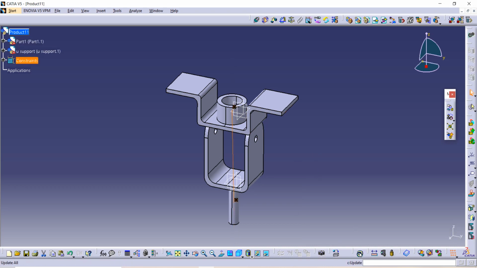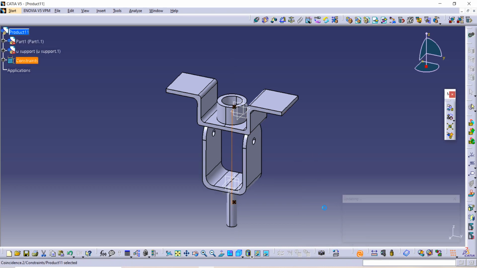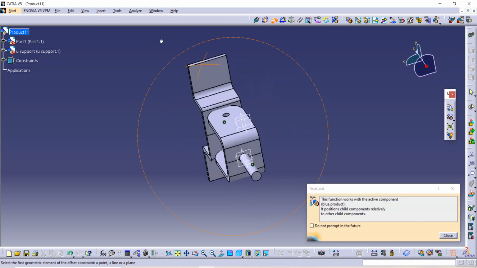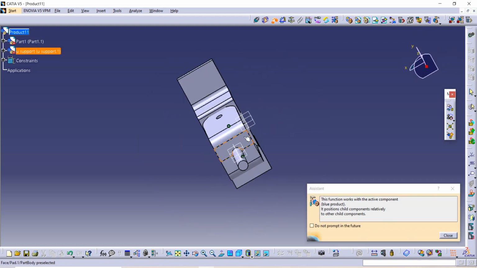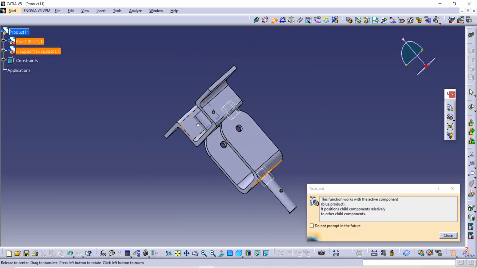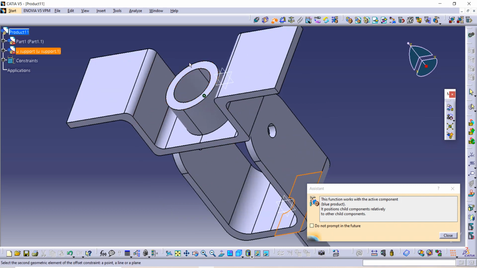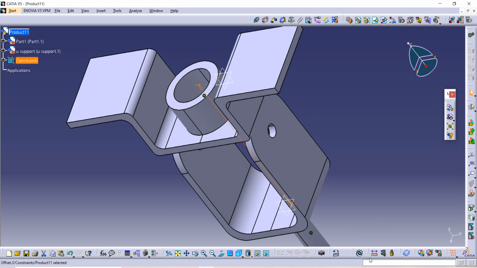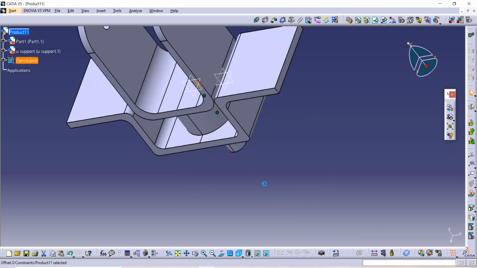After that use this update command, so their axes are coincided with each other. After that use this offset command, select this surface and select surface of this and give distance as 0 so they can meet each other.